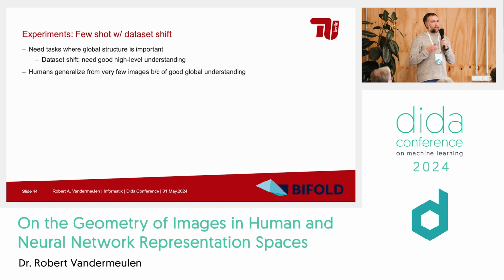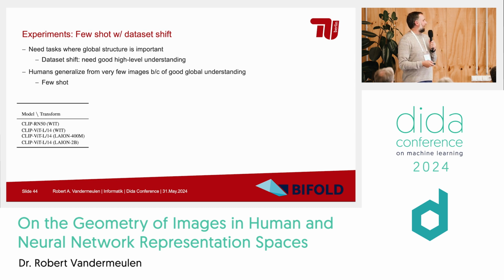Another thing that's good for this is few shot. I can show you one picture of a cat, and then I can show you a cat or a dog, and you won't need many examples of the initial cat to know that the cat is more similar. Whereas with a network, maybe you have to give it many, many samples so it has something to generalize from, but we have a good understanding, globally, of what objects are similar and different, that we sort of understand as